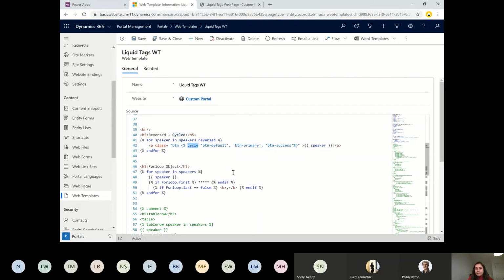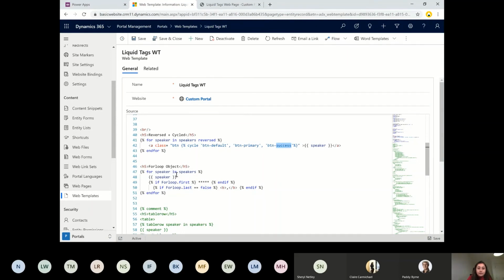So I'm using a CSS class called button, where I'm using a cycle keyword. What does cycle mean? However many classes or design parts you give, it's going to cycle through them again and again, across the given parameters or the length of the for loop. And I'm going to display speakers. So what is going to happen? First of all, the speakers are going to be displayed in reverse, right? So Ross, Mark, and so on. Then each speaker is going to be displayed in a class called button, with default, primary, and success, like some colors, green, and something like that.